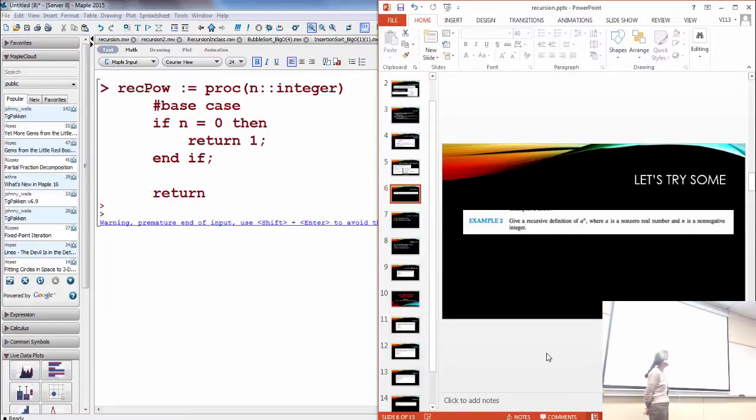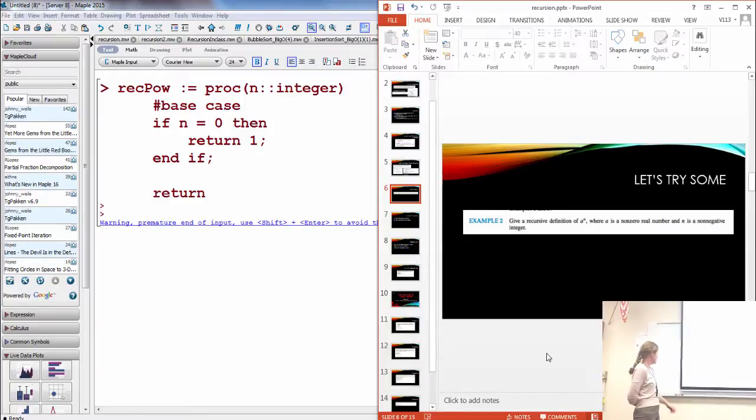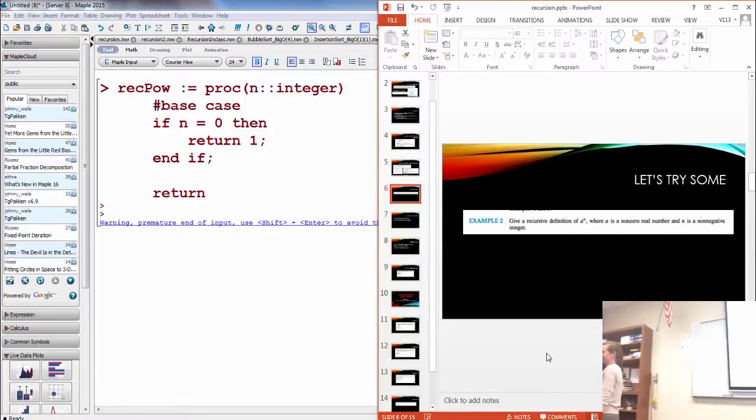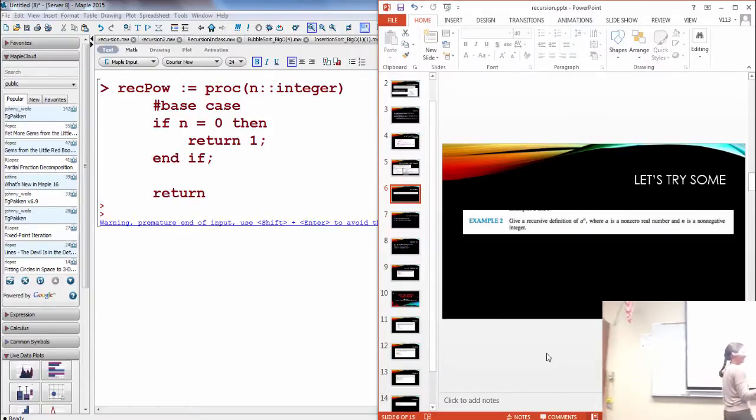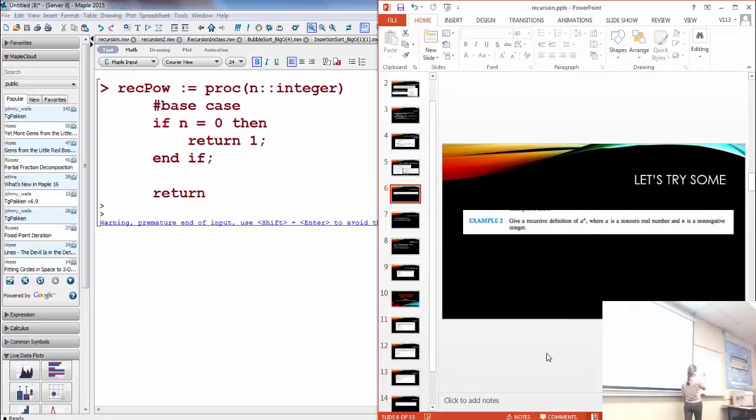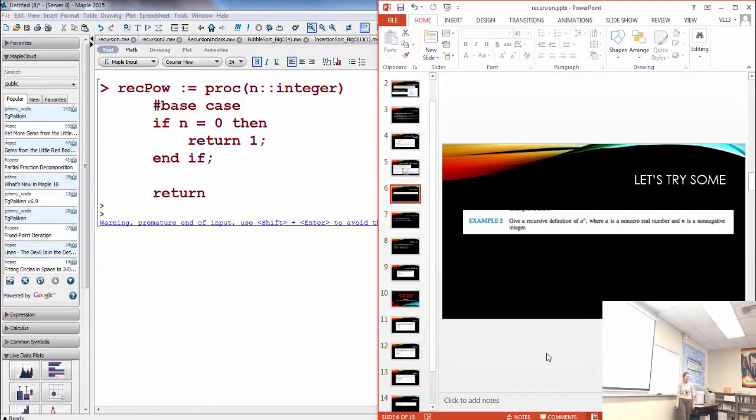What would be our recursive step when we're writing these things? Remember, we kind of saw it up there, actually. I showed you once before. That's another way to write a sub n. Or not a sub n, sorry. A to the power of n. How do you write a to the power of n?